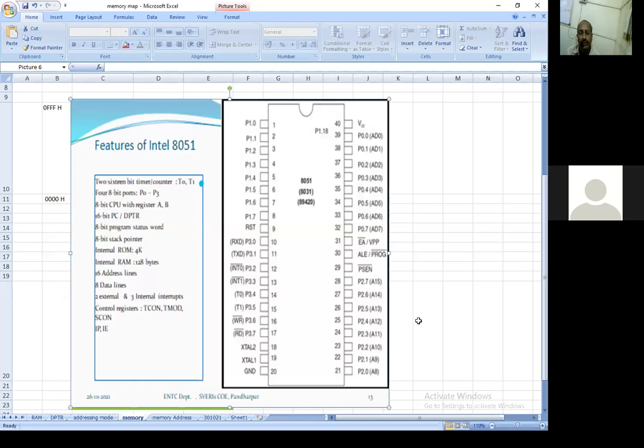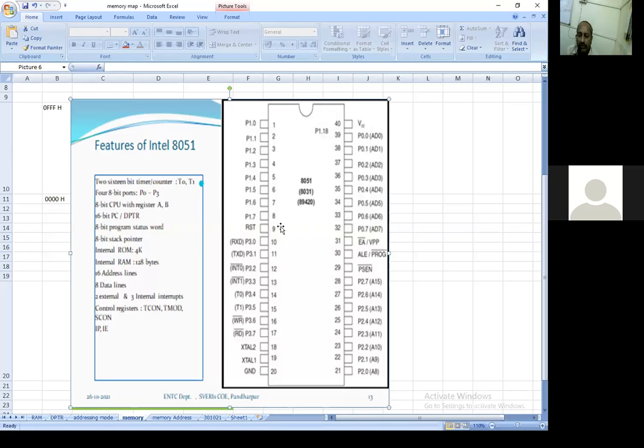Yes, this is the pinout diagram of 8051. If we concentrate on pin number 9, what explanation have we got about this particular pin? It is a reset pin, a hardware reset pin. That means if you give logic 1 to this pin, the 8051 will get reset.